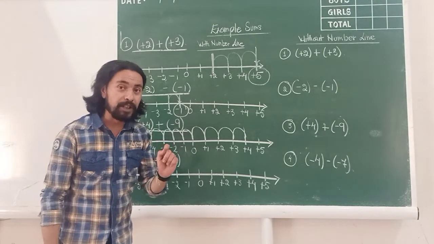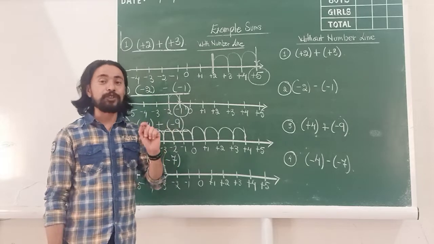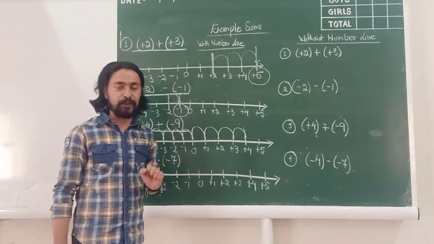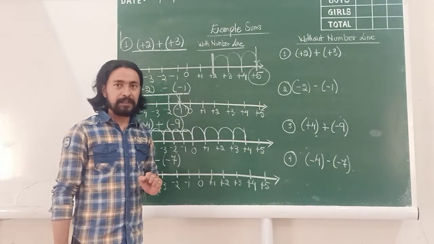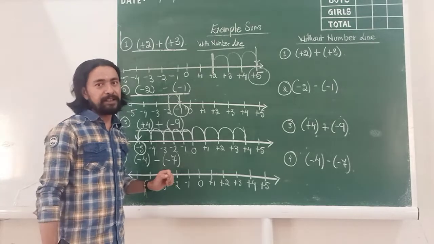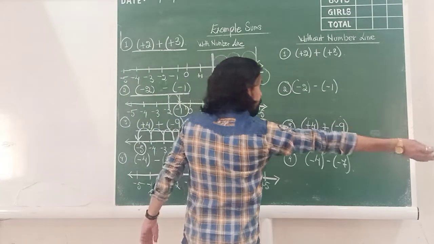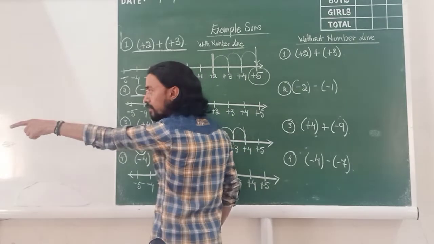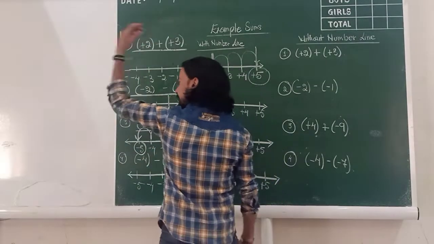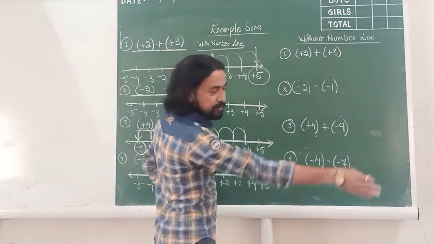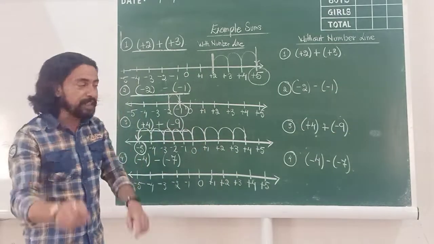That is why I gave you that diagram. It's very important. That diagram will tell you which direction you move. See, the first number tells you where to start from, and the operation tells you which direction you are to move in. Add positive, right. Subtract positives, left. Add negatives, left. Subtract negatives, right. That direction is very important.